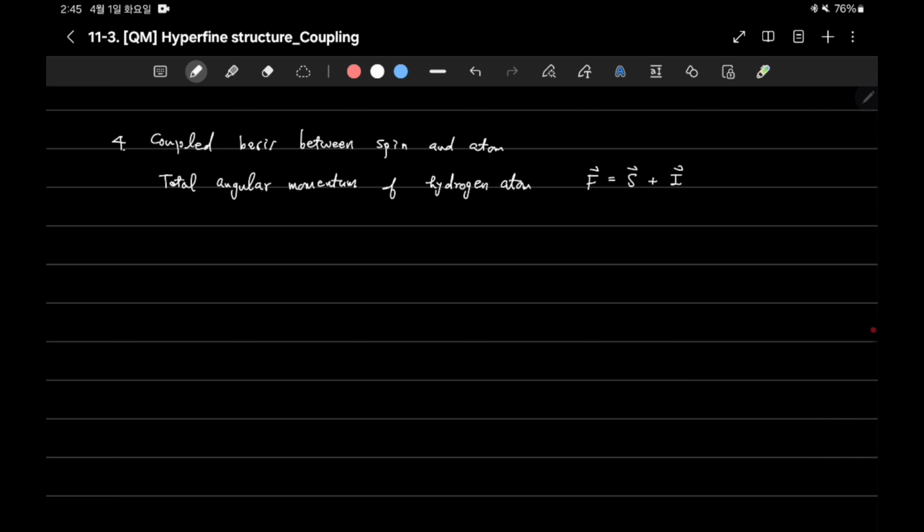Here we do not consider the orbital angular momentum, but only the spin angular momentum. We already discussed the orbital angular momentum in the previous lecture in the undergraduate course. Here, in the ground state,